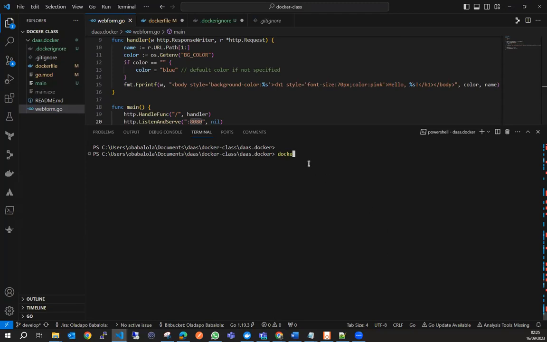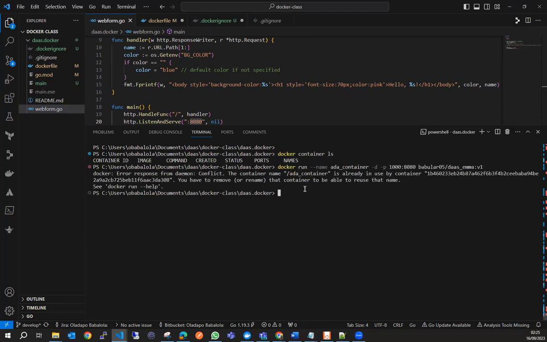So if I do docker container ls, can you see? It's saying that there is no container that is running. So why can't I run this command? It's telling me that the container name is already in use by the container, but there's no container that is running. So that now brings us to another command